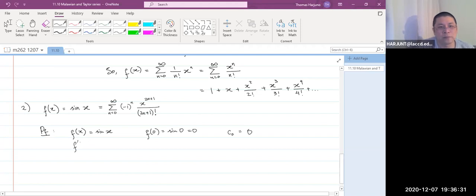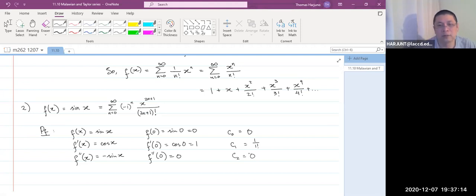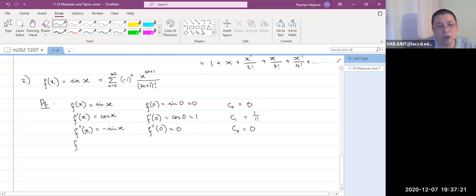The first derivative, that's cosine x. f prime 0 will be cosine 0, which is 1. So c1 is 1 over 1 factorial. f double prime x will be negative sine x. f double prime 0 will be 0. So c2 equals 0. Now you start noticing that when n is even, the coefficient is 0. Okay? And when n is odd,